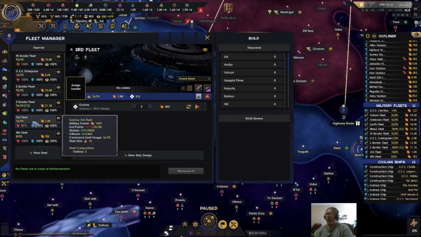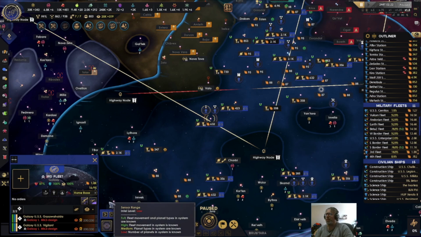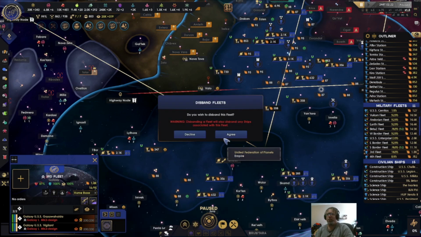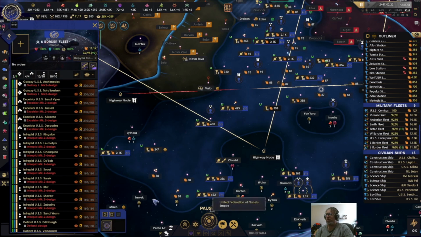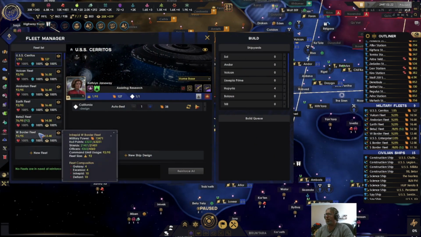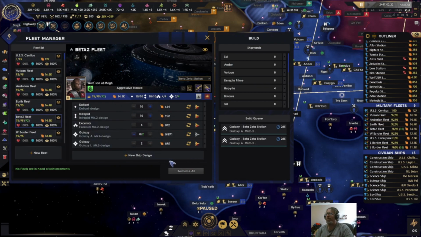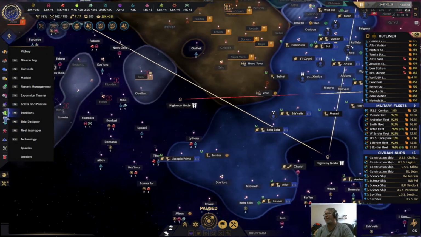Wait, why do I have a third fleet? What the... No. Hold on. Southern Border Fleet. Fleet is already at full strength. What? Okay, they're getting 2 assaults. Alright, we're gonna let things... The other thing that needs to be fixed...